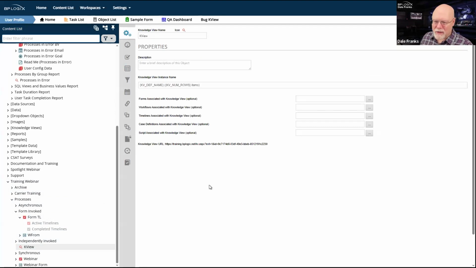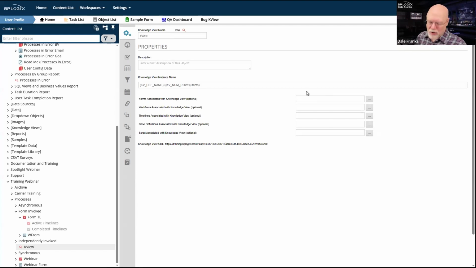Here's the knowledge view. It's just called KView. What I want to do is return all of the actively running items on my system. And I don't have very many on my system. We're probably going to have to look at another system to get a bigger selection of these. But for right now, we'll look for active timelines on my system.